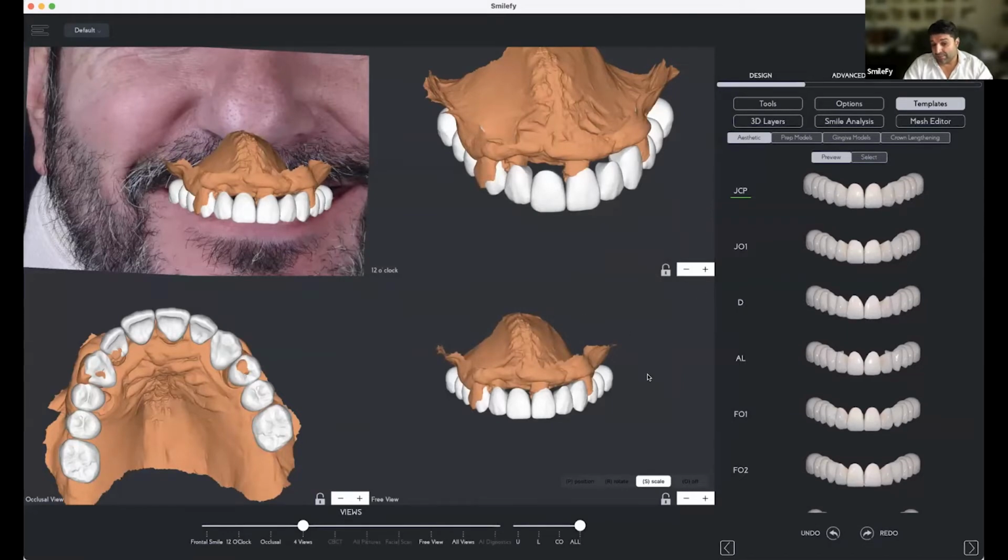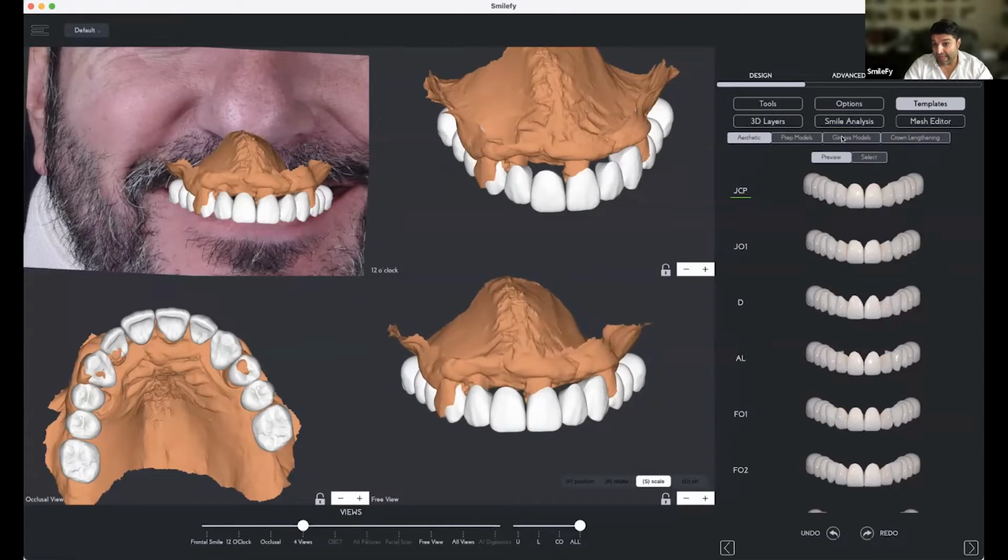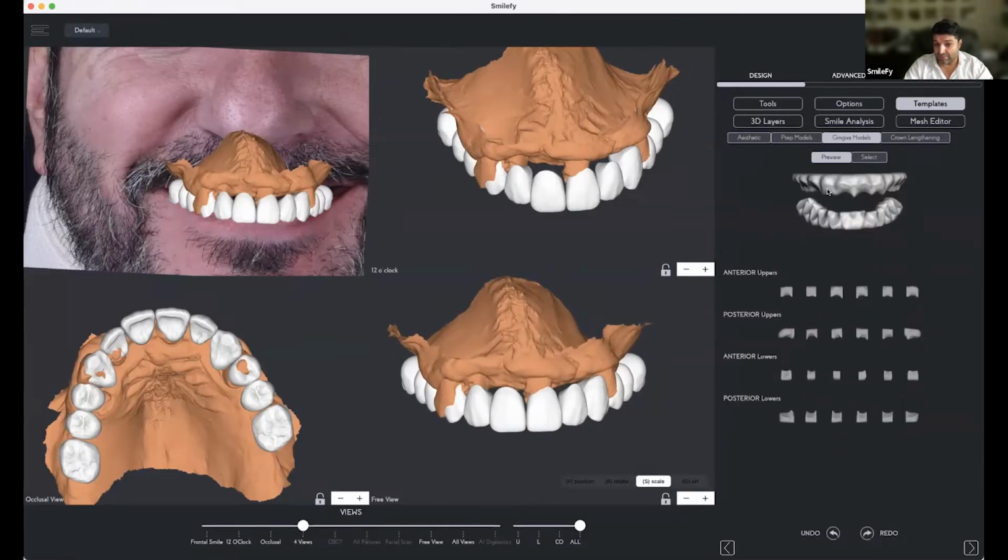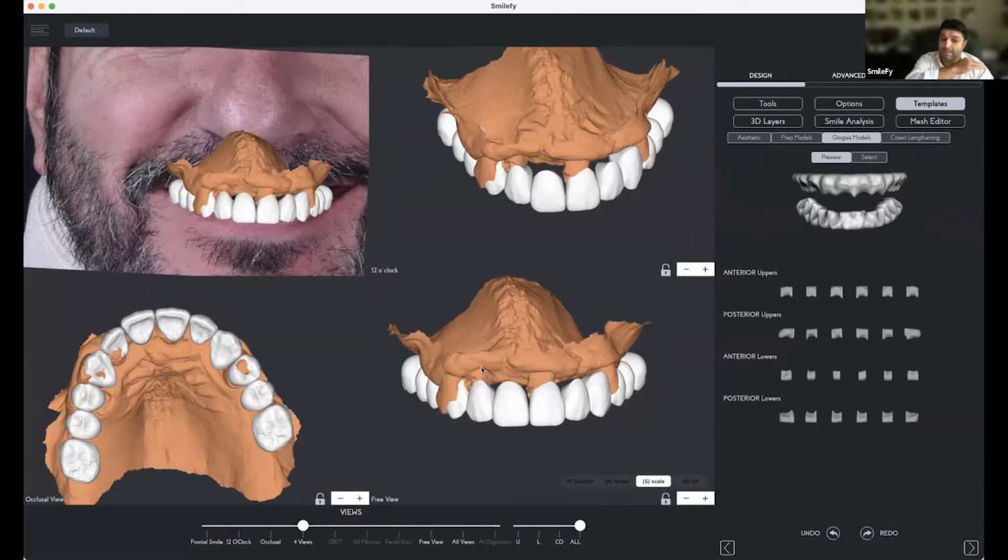For example, now what we can add is gingiva, right? We can add gingiva. We don't know yet what is going to be the treatment. It's just the starting point, the treatment. Maybe the bone is going to be cut, surgery. We have a full arch implant bridge. We select the gingiva.